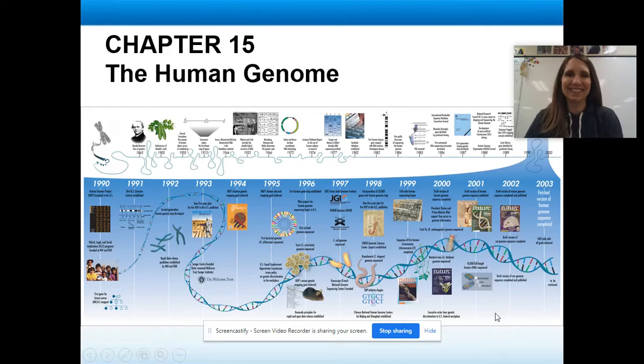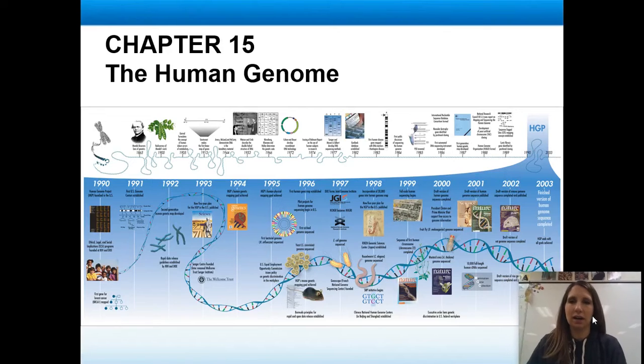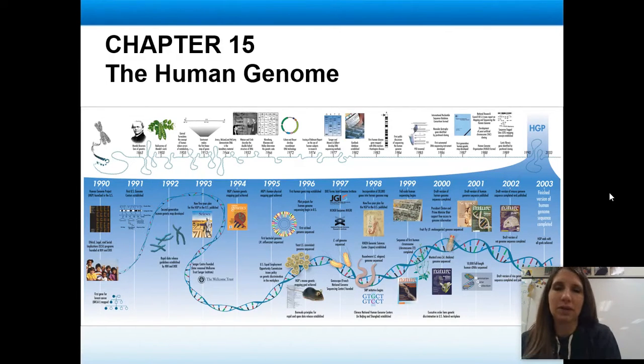Hey guys, so we are looking at chapter 15 here today, which is called the human genome. So we're going to tie this in this time with chapter 12 a little bit, and we're going to continue on with what we were looking at towards the end of chapter 12, which was non-Mendelian types of inheritance patterns. So in other words, things that violate Mendel's rules, things that aren't consistent with just the normal dominant and recessive